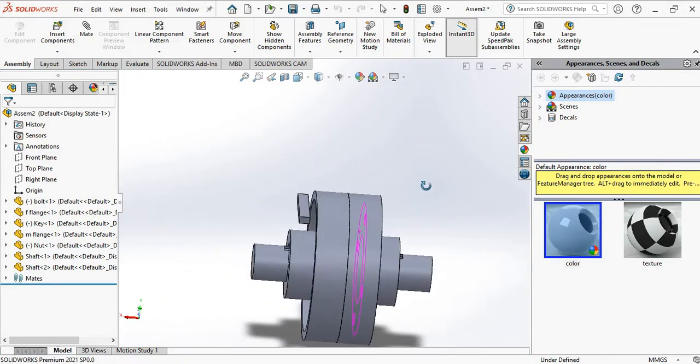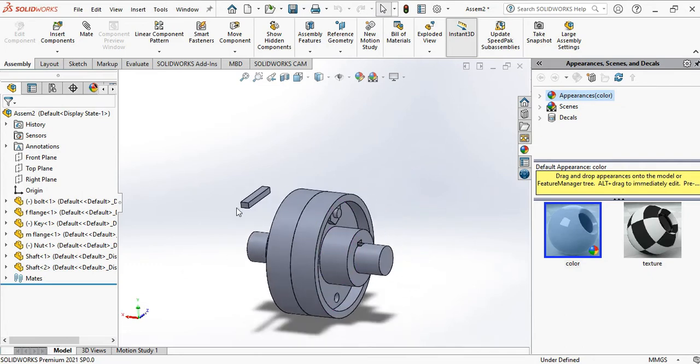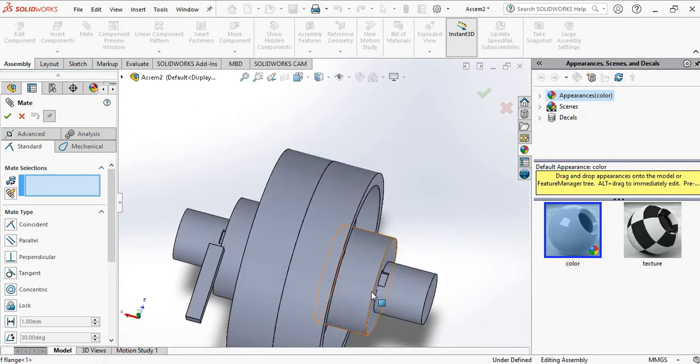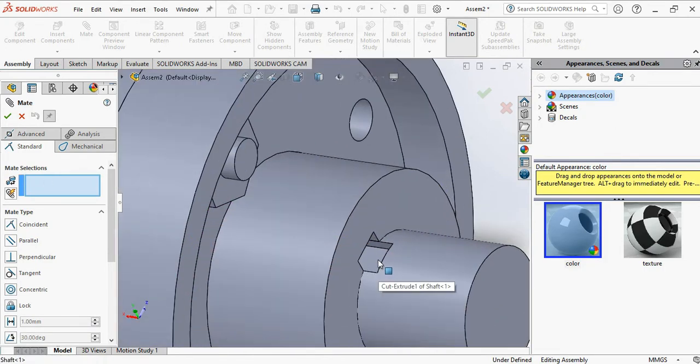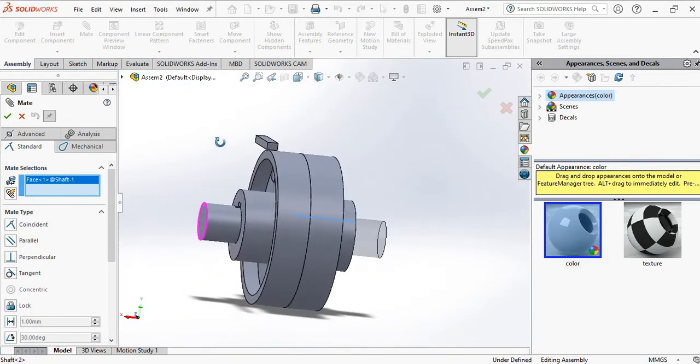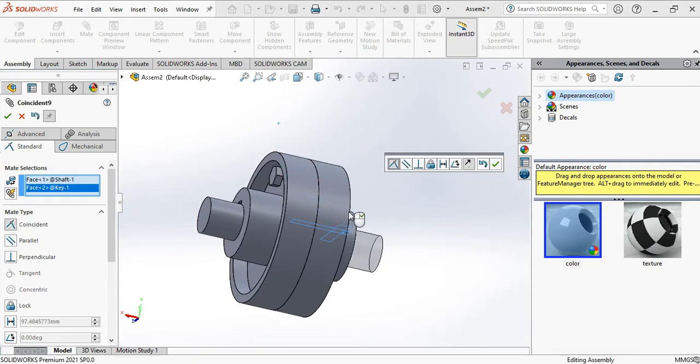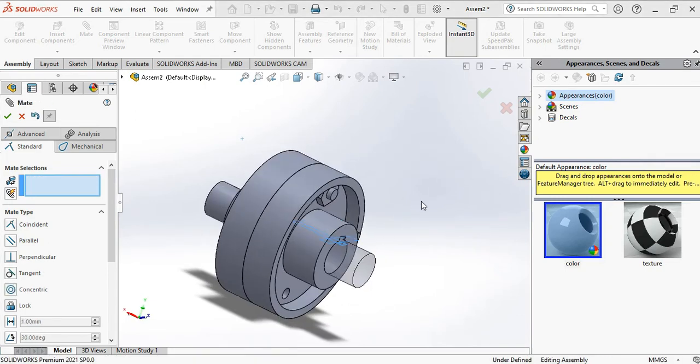Let's assemble the key. So go to mate and select the bottom region. Select the bottom of it like this.